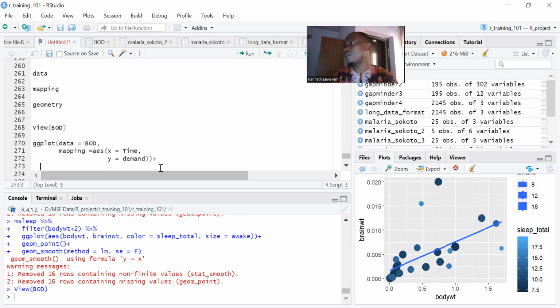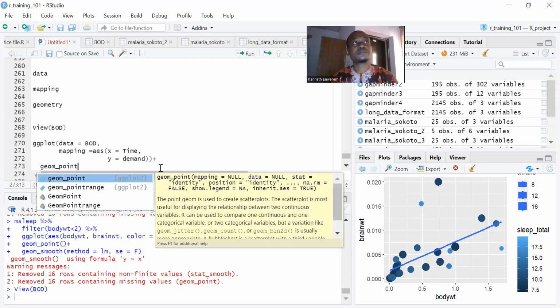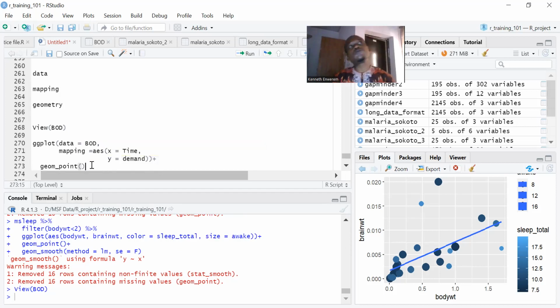Geometry is where we tell R what shape of object we want to plot. So the function is geom underscore. We said a scatter plot, so that's geom_point. And then if we run this with Control Enter,